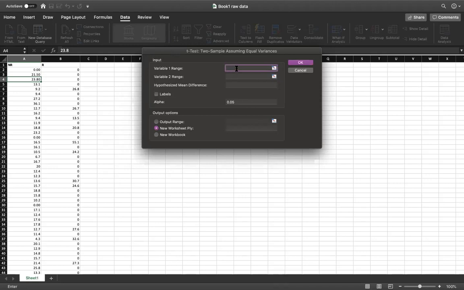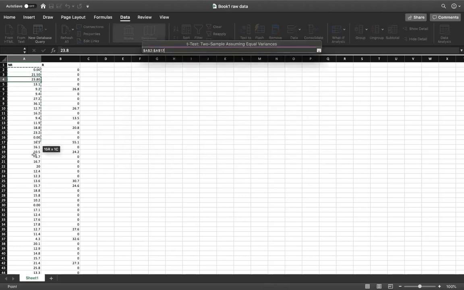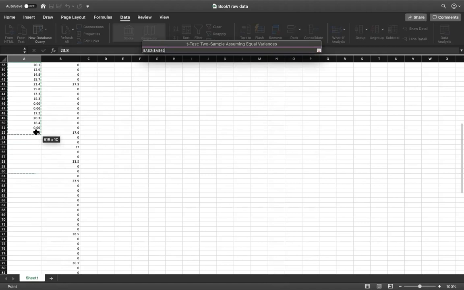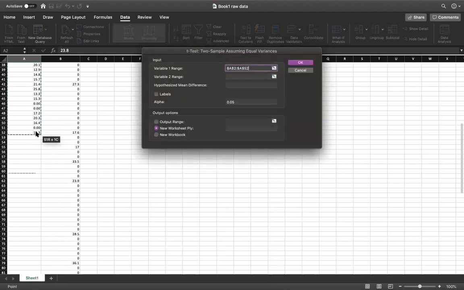So you just click on one, make sure your cursor's blinking on the open thing here, and it doesn't matter which one is which. But you click on here, then you go and click, and I don't know if it's control click, or I think you just hold the mouse, but you click and select all these values in one column, and if you look, that'll tell you it's A2 to A52, just like doing a